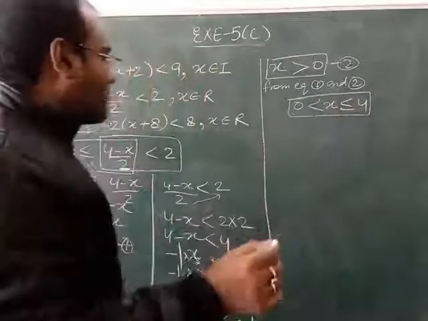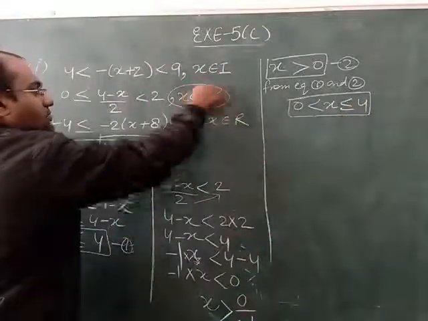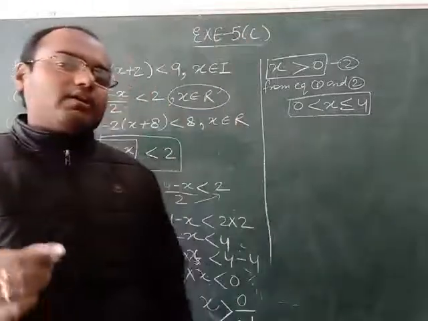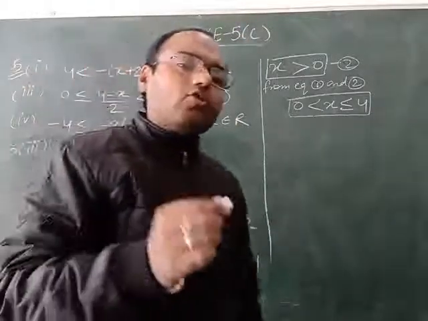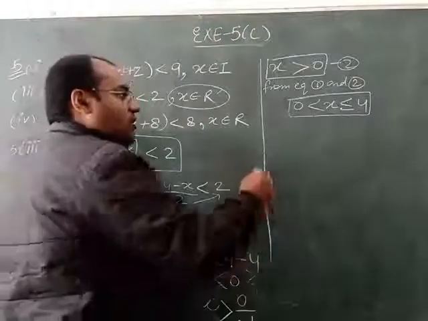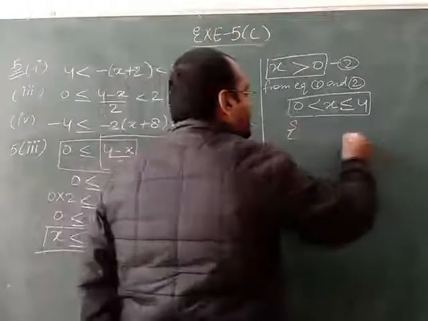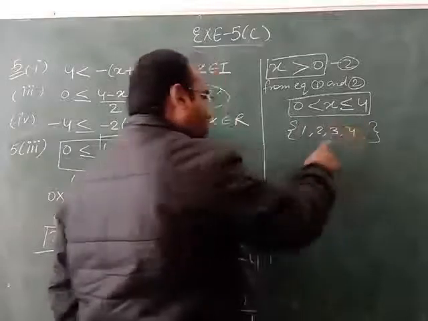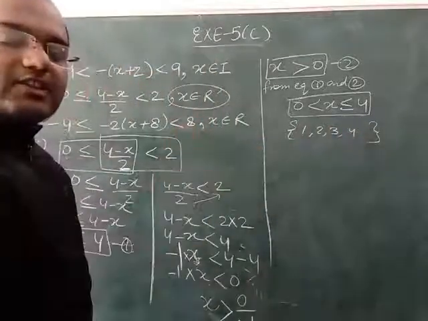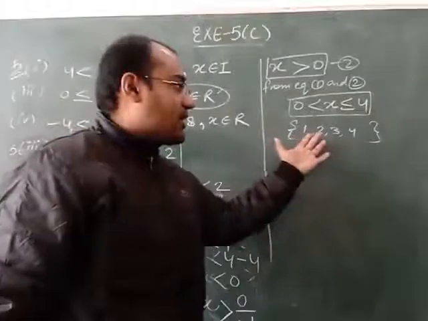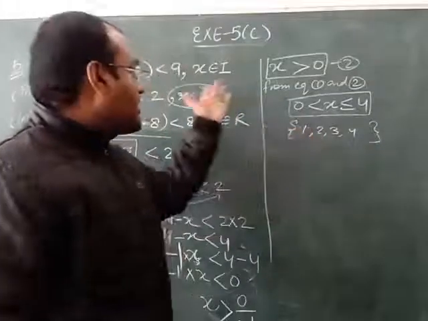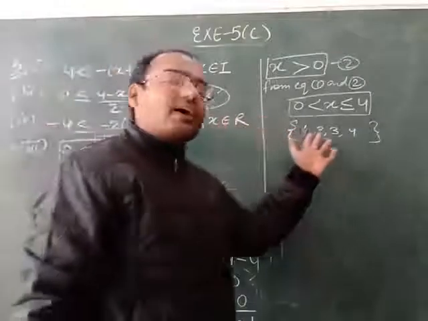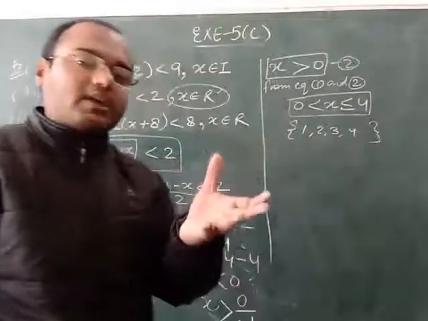But here you will observe in the question it is given x belongs to R. What is R? R means real numbers. So the real number line, how will you draw it? We will not write the solution here like this: greater than 0, 1, 2, 3, 4. We will not write the solution in this question like this. Why? Because these are natural numbers. These are not all real numbers. Real में सारे number आते हैं. Between 1 and 2, so many numbers are there.